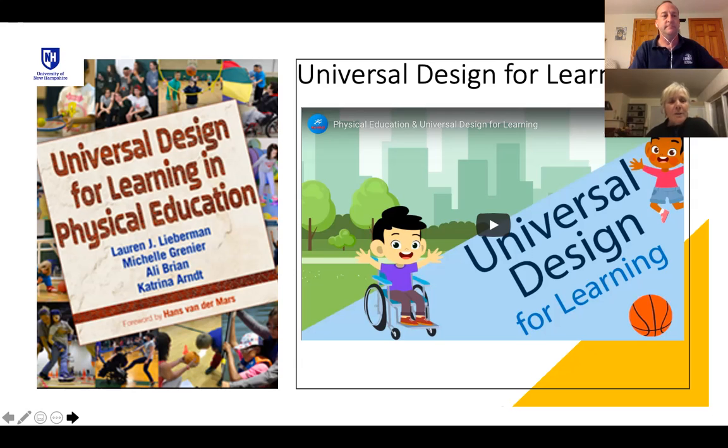So let's talk a little bit about universal design for learning. Again, I just wanted a little bit of history. For me, physical education has always been about access and inclusion and making all students feel welcome. And I work with pre-service teachers. And sometimes, the kids who are different, the kids who don't move quite the same way have been a challenge. But universal design for learning gives us a framework for thinking about how to be inclusive. And during this time, inclusive means everyone.